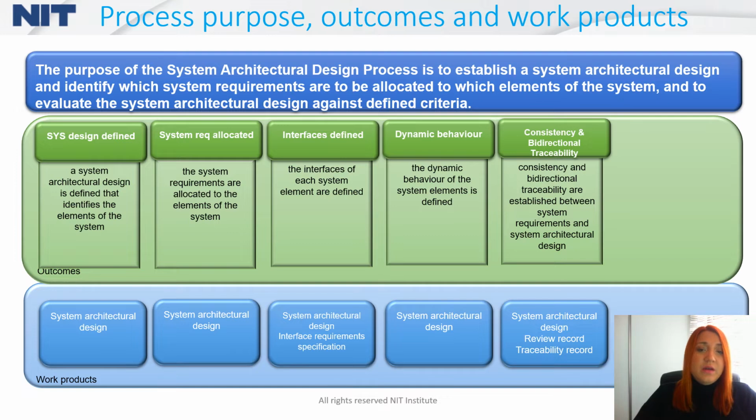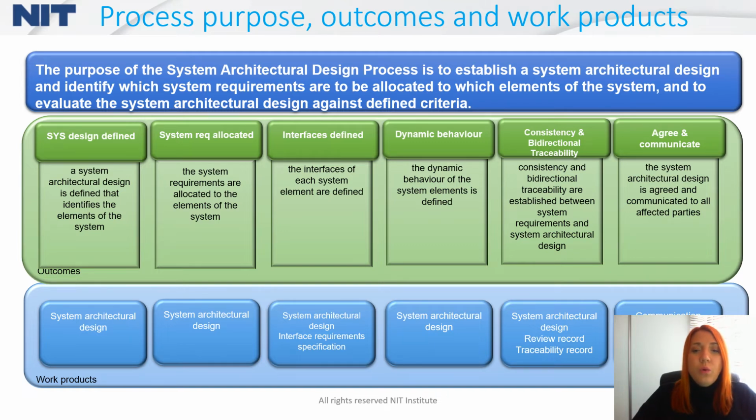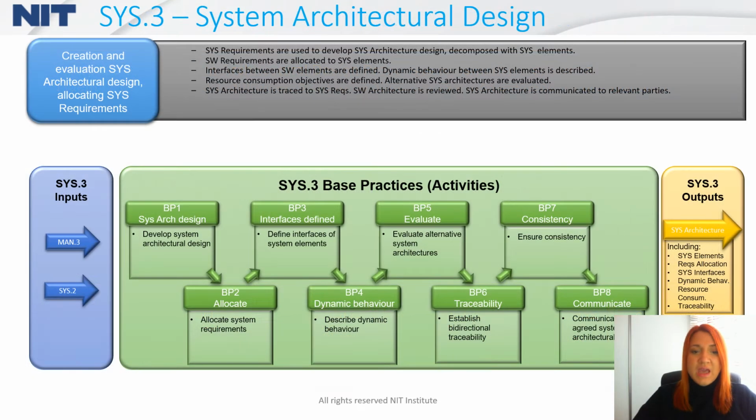Of course, the system architectural design must be bidirectionally traceable and consistent with the upper level and the level of the next decomposition of the requirements on the software level. It means that you need to have bidirectional traces to the system requirements analysis. You need to have bidirectional traces to the software requirements analysis. And of course, you need to have bidirectional traceability with the verification side of the V. About that, we will talk in the next lecture. In the end, we have the outcome that all the system requirements and architectural elements must be agreed and communicated to the affected parties. The whole process is